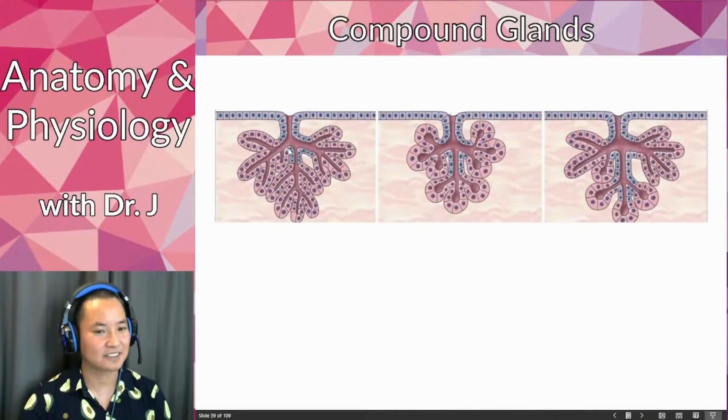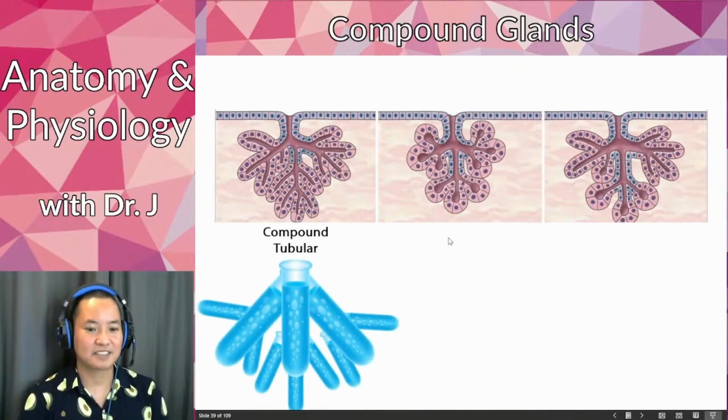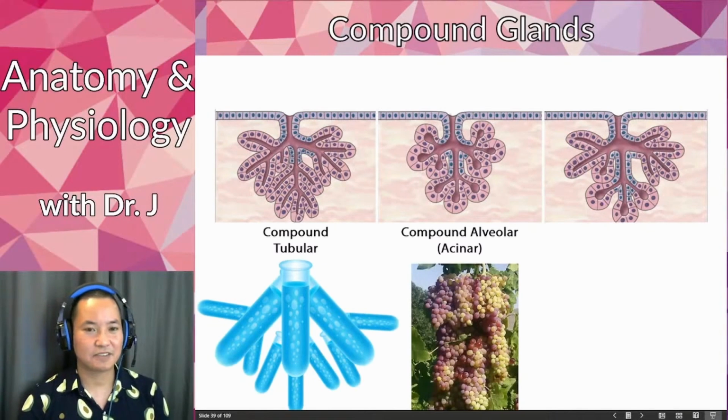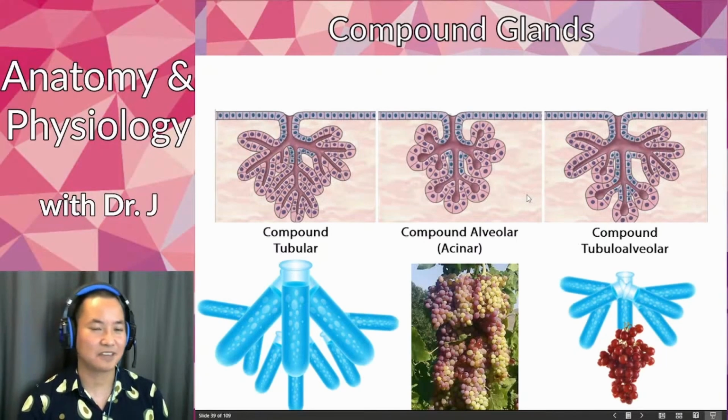Now compound glands. Compared to the simple ones, when you go toward the surface, there are actually multiple branches. So it's not just one branch, but branches upon branches upon branches. When you have multiple branches and they're all tubular ends, these are compound tubular. But when it has compound alveolar, they're round ends, but they have branched multiple times. Like it branches once here, and then branches again here, so therefore it's compound. And when you have both tubular and alveolar ends, you just mash the two words together and you get tubulo-alveolar.